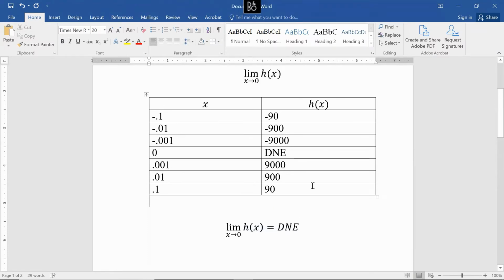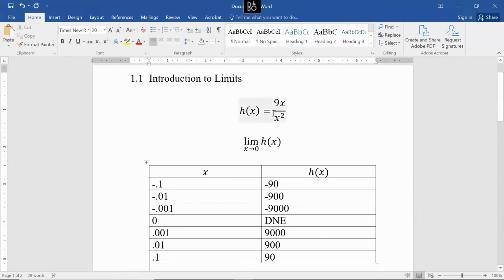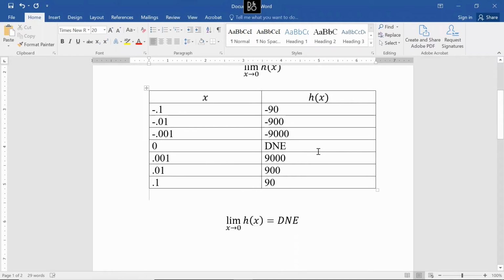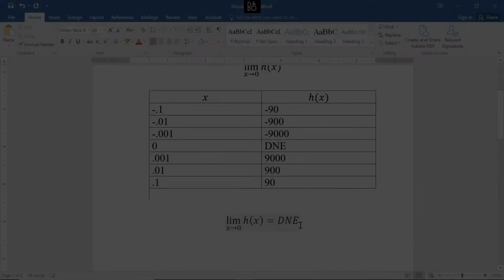Okay? So that 0 in the denominator, the rational function, this one had the indeterminate form of 0 over 0. The previous example had 5 over 0 as its form. That's not an indeterminate form, but that's another type of form that causes us trouble. But this one did have a 0 over 0 indeterminate form, and it ended up with the limit not existing.